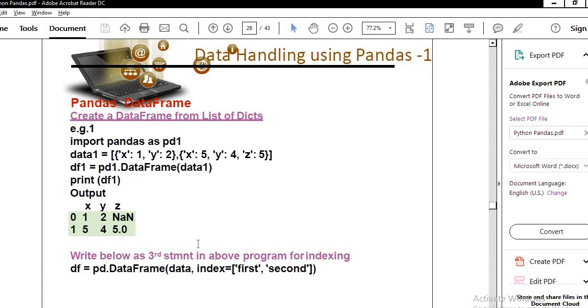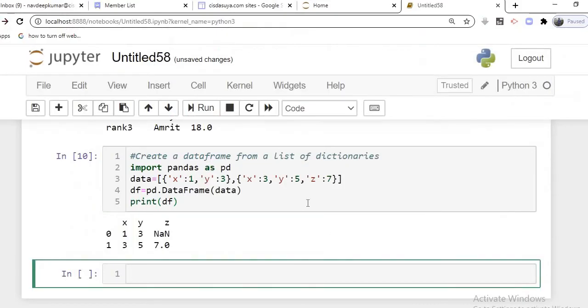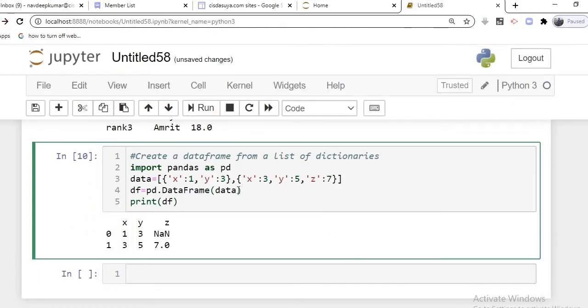So in this we have one more example to be done, how to change the index here. So for that, how to put the index. Let's say the index values we want to convert into, let's say, first and second.